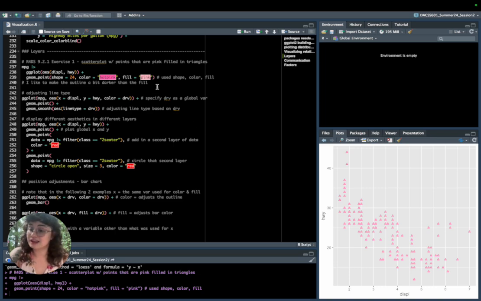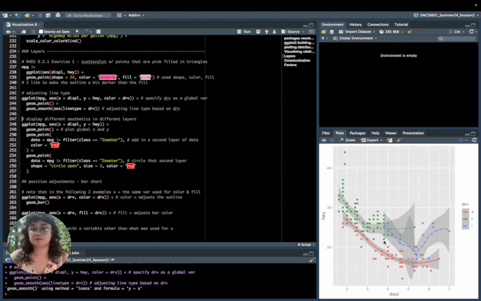I like to make the outline a little bit darker if I'm going to do this. It makes it easier to see. That's not a rule, that's just a preference. You can play around and find your own preference. I can also adjust the line type. Here, again, I'm specifying color as a global variable, and I can adjust that line type based on that global variable value. Here, drv is drive type,